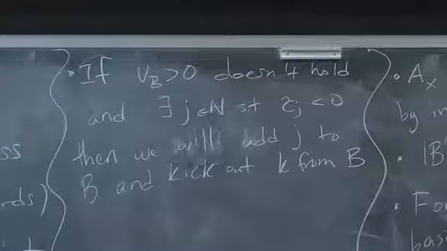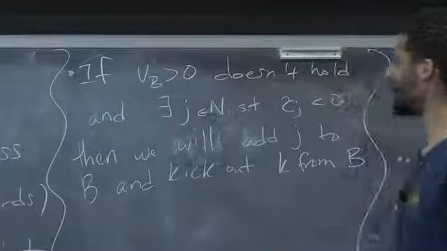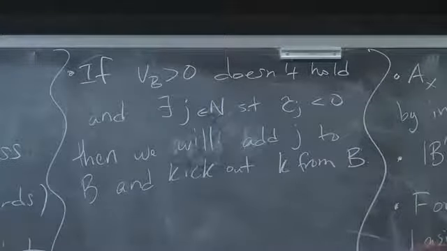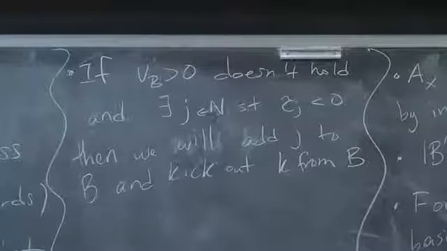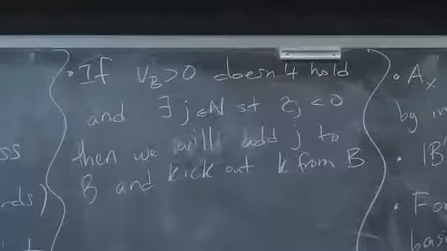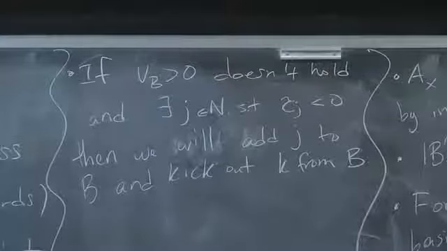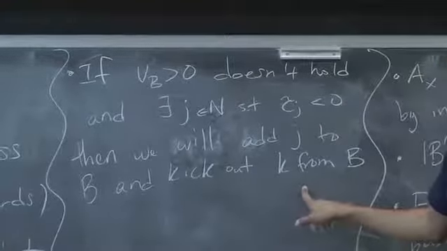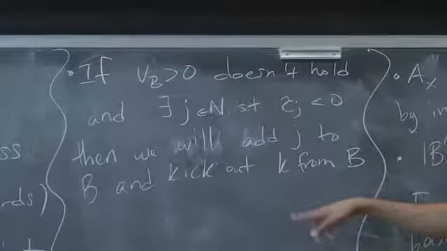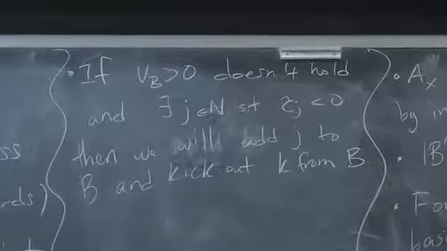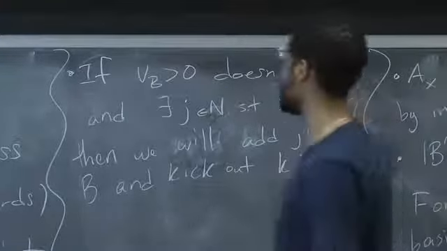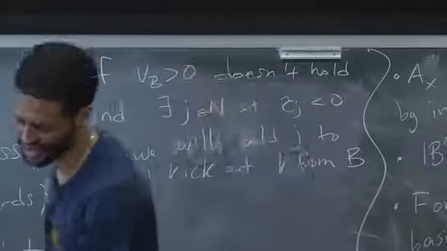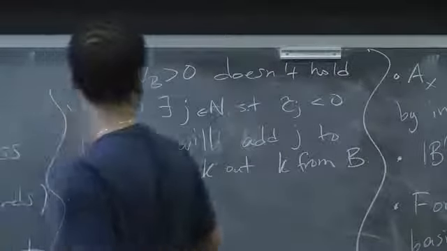Okay. And if you're not careful about this, as I mentioned before, you might get into an infinite loop where you keep replacing the same variables with each other and never actually make any progress. But it turns out that there is a way to decide which j to put in, because there might be multiple j's which have a negative reduced cost, and there might be multiple k's where vk is already 0. There is a way to do this which provably never has an infinite loop. I'll tell you what the rule is, and then I'll put a link in the notes to a proof. I don't want to get into the proof, but